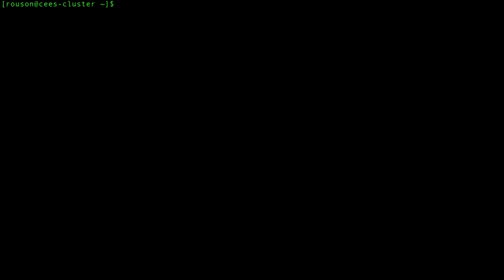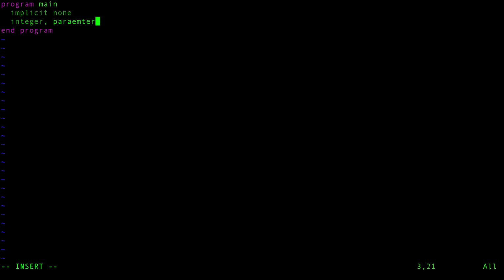So now let's see these features in action in a simple Hello World program. First, I'll open and close my main program scope. Then I'll ensure that all variables must have an explicitly declared type. And now I'm going to define a constant that I'll use to define the length